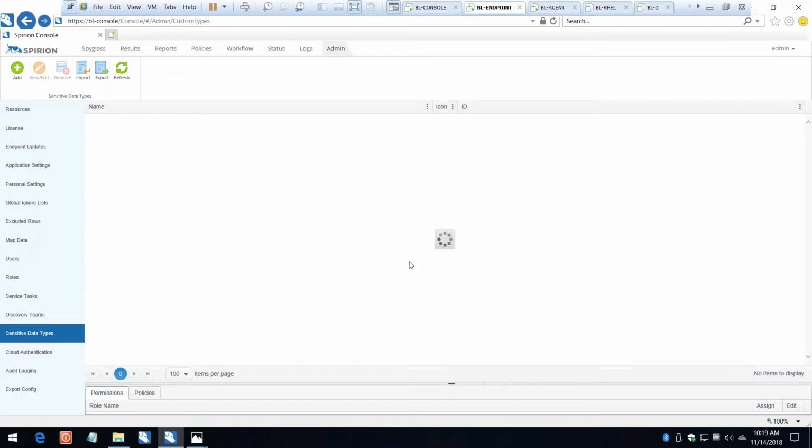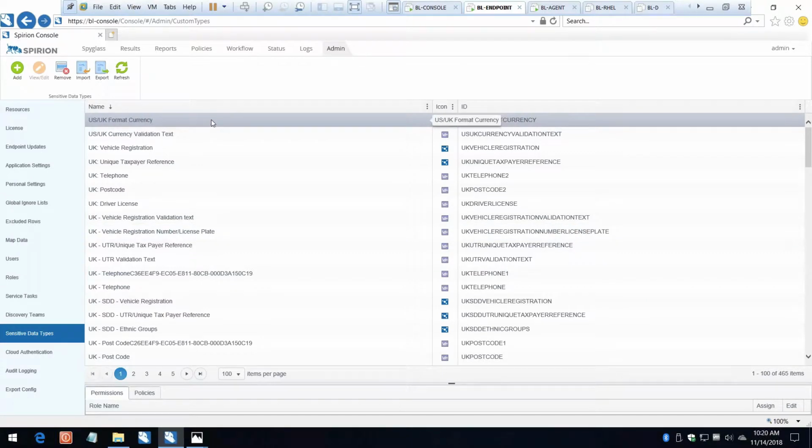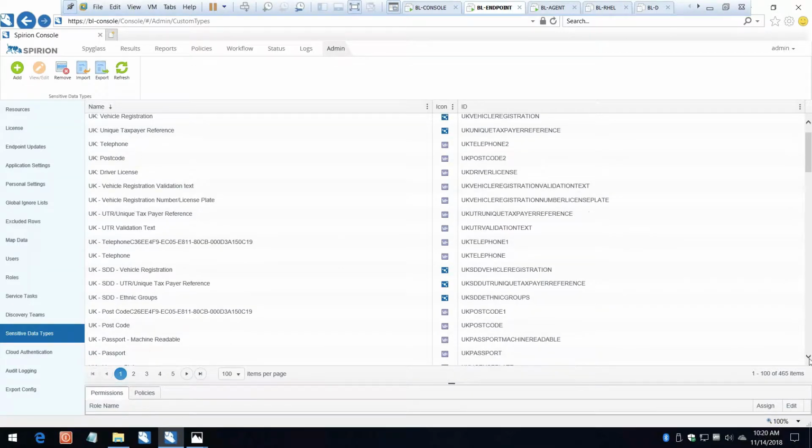So the part we're looking at here as this spools up is what we call the sensitive data types. This is basically the different types of information that are identified as being sensitive in nature when it comes to the regulation standpoint, when it comes to the experiences we've had with other organizations that are hoping to meet and exceed the GDPR requirements. So this is an example of the different types of sensitive data here, and this is more specifically GDPR driven for this particular presentation. But as you can see here, we're looking for a lot of different types of GDPR information. This is an example of a set of our UK information we're looking for.